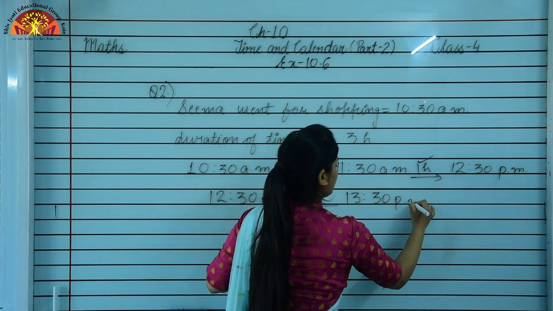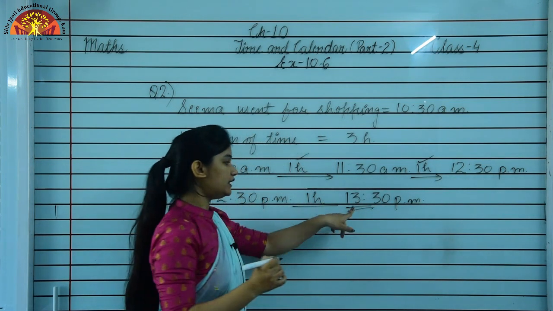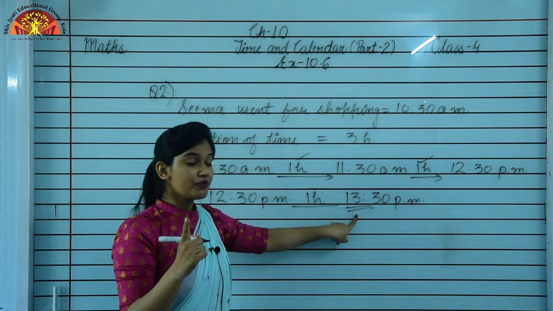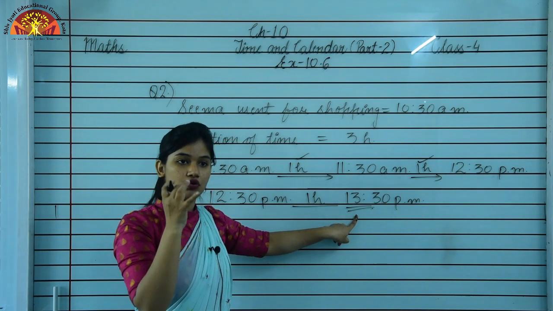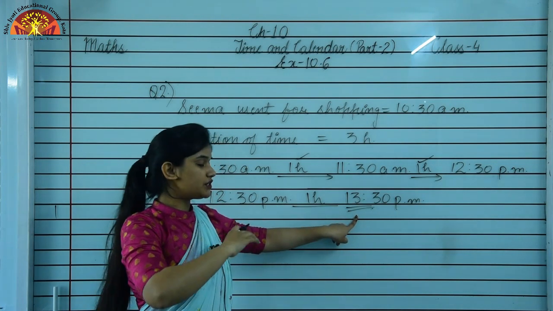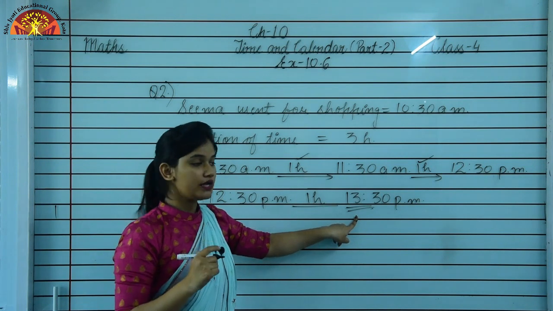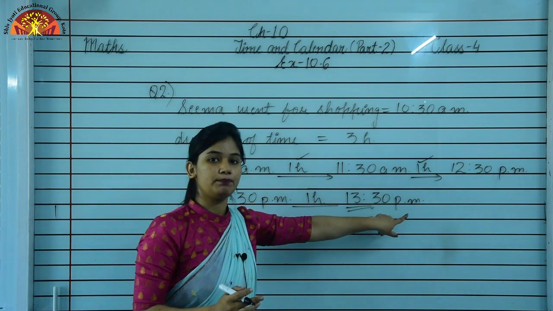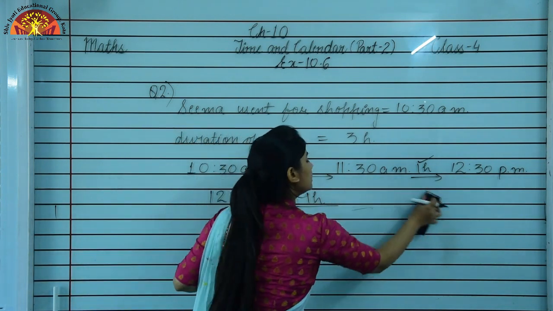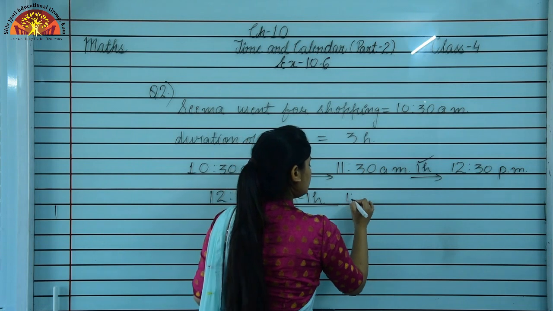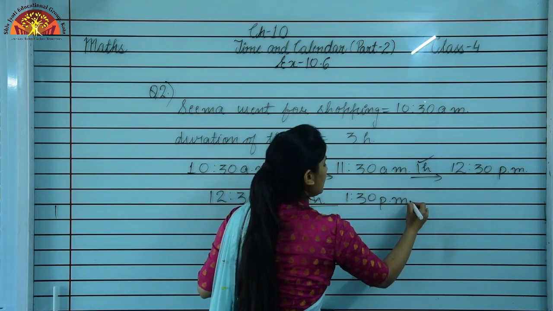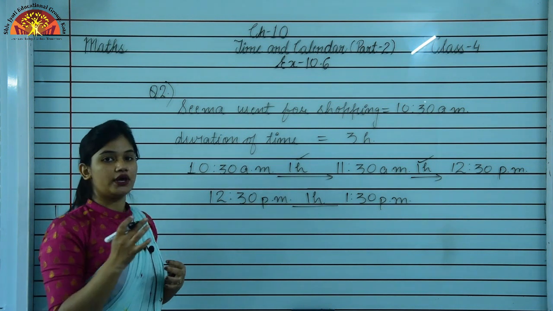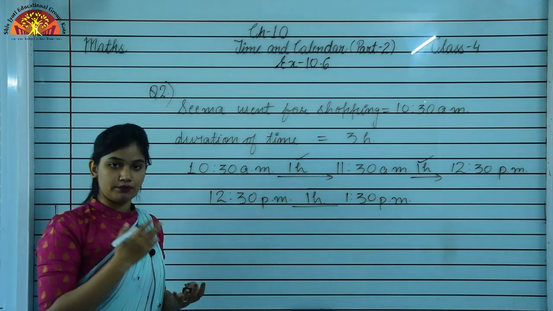13:30. And now what is 13:30 showing? 13:30 means 1:30 PM. Okay, why are we saying 1:30 PM? Because according to the 12-hour clock, after 12 noon it will be 1. Okay, so what is the time she is coming back? The time will be 1:30 PM. What is 13:30 showing? It is showing 1:30 PM. Is it clear, students? So the time will be 1:30 PM when she is coming back home.